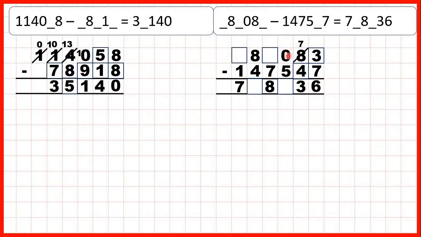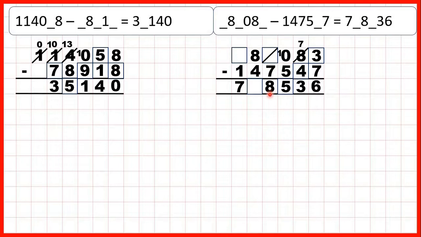But now, onto our hundreds, we have 0 minus 5. So we know that they must have exchanged, but we don't know the digit that they exchanged with. So we can just put a cross through this box for now, and we know that exchanging would have meant that we could put a 1 in front of our hundreds digit. So now 10 minus 5 is 5, and onto our thousands, we have something minus 7, and we have an